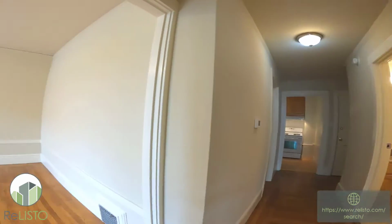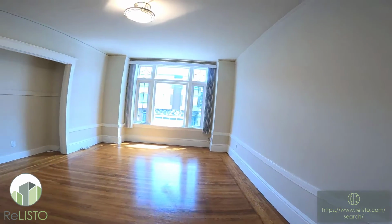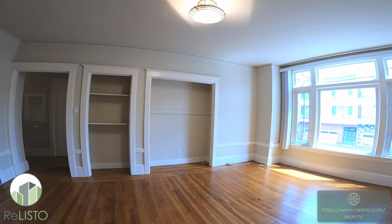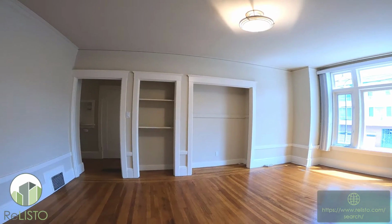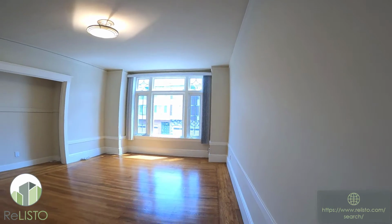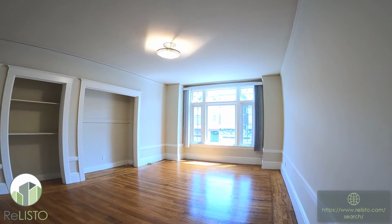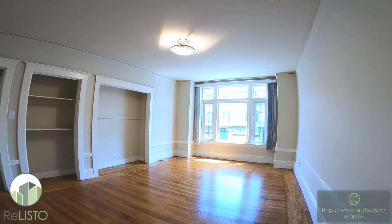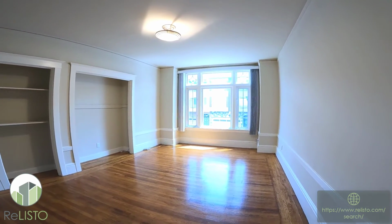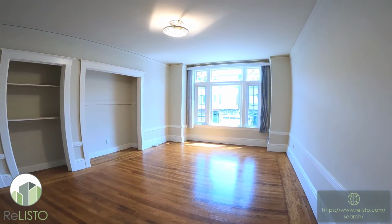Looking back where we came, and then we'll turn left and go into the living room area. And then we have a little alcove in there. You could either put a little desk, TV, bookshelves. There's shelving options as well. And again, tall ceiling, nice big windows that let lots of light in. Like I mentioned at the beginning of the video, we're in between 2 parks, lots of shopping opportunities on California Street. This property has a backyard as well that you're able to enjoy,